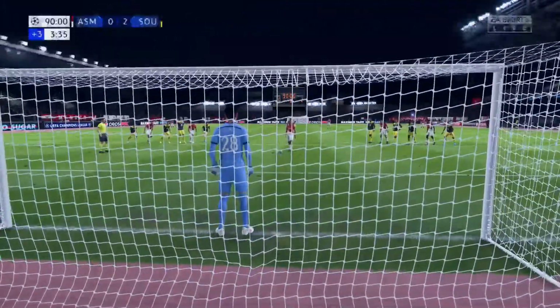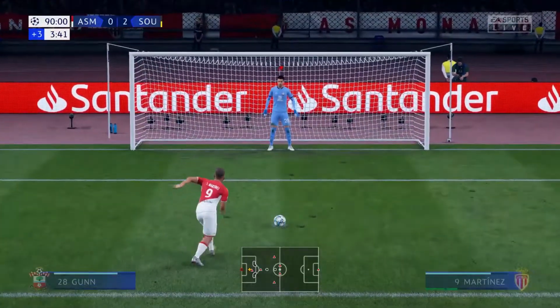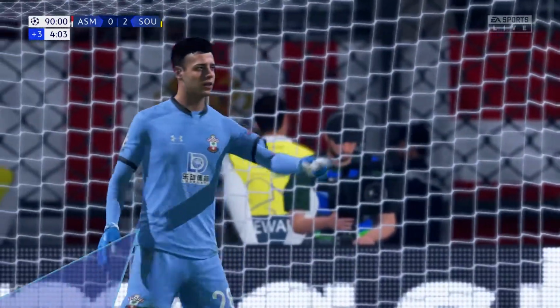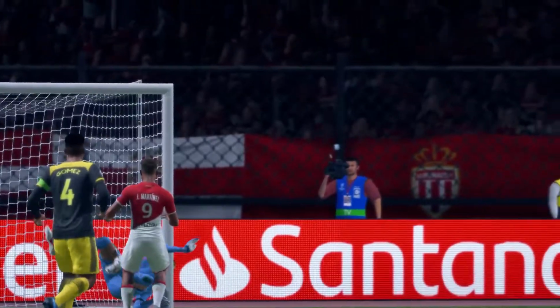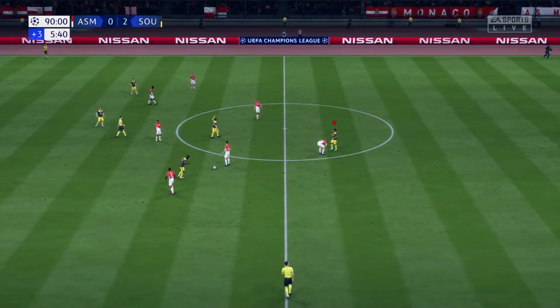But, alright, maybe this is the consolation goal for AS Monaco, because they're not going to win this game for sure. Time is running out. And Martinez is going to take the shot. And what a great save by Angus Gunn to deny and allow him to keep his clean sheet. Look at the replay once again. Yeah, that was aiming top right corner. And apparently, Angus can figure out he's aiming at top right corner. And fortunately, we won this game